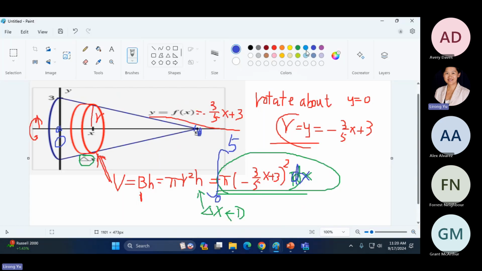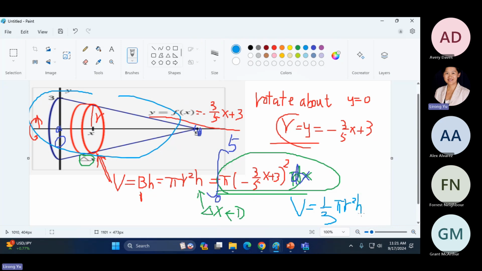In geometry, we actually have a formula for the volume of a cone. The volume of a cone is 1/3 of the cylinder. The base of the cone is a circle, so the base area is pi r squared, and the height is h. If you multiply base area by height, that's how you calculate the cylinder. But this is a cone, so the cone is 1/3 of the volume of the cylinder. So it's 1/3 pi r squared